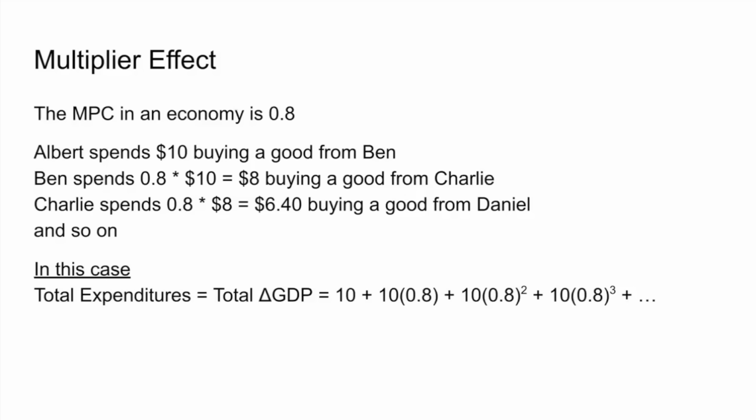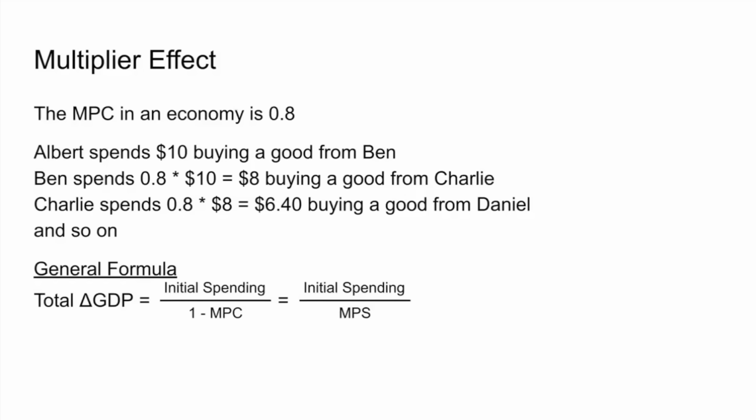So this is an infinite geometric series, and you may know the formula for an infinite geometric series, A1 divided by 1 minus R. So the total change in GDP would be equal to $50. This is the multiplier effect. All right, so the general formula is that the total change in GDP equals initial spending over 1 minus MPC,